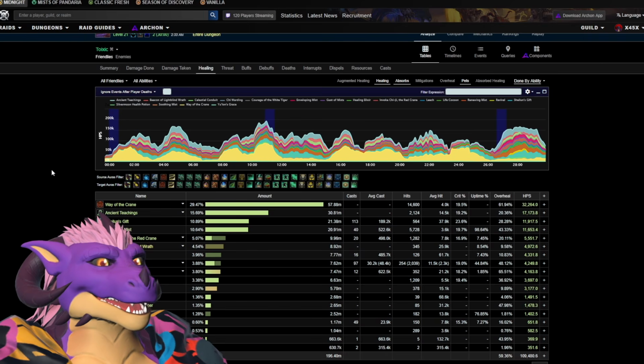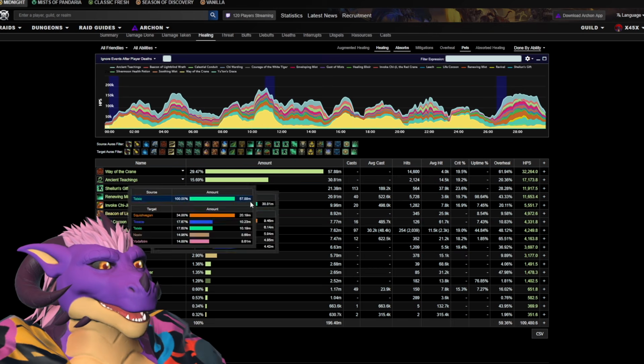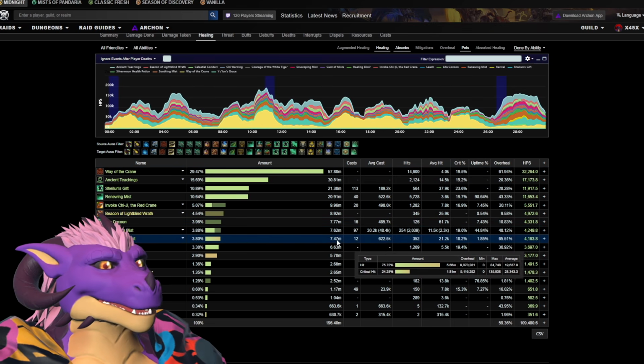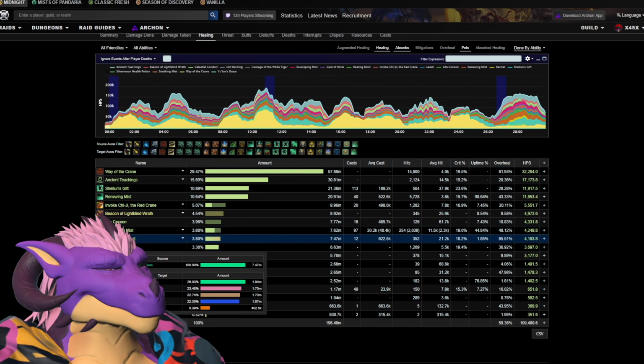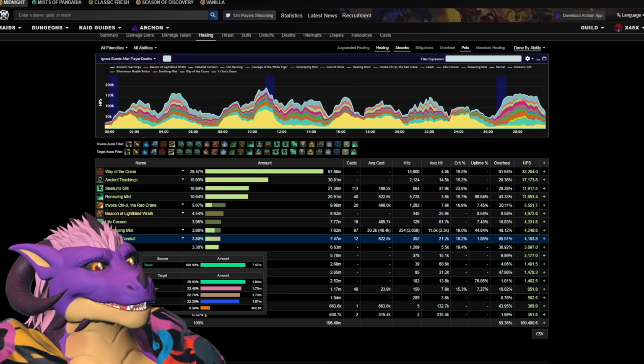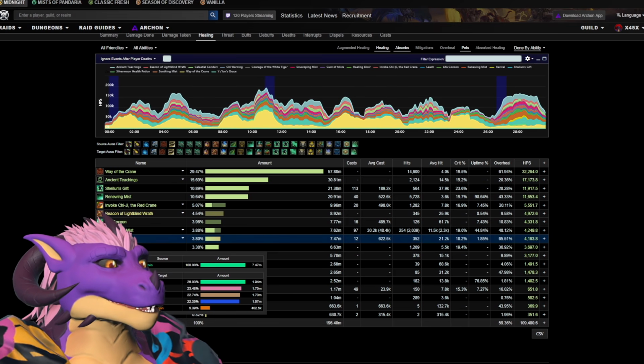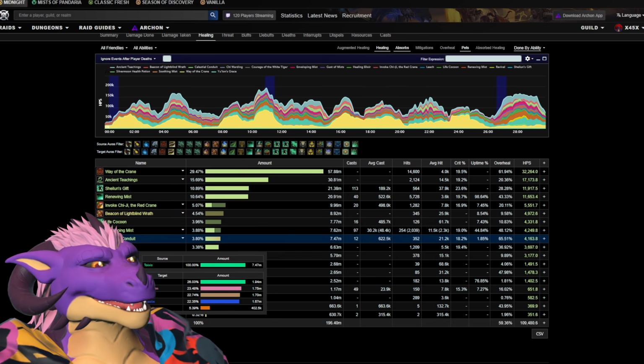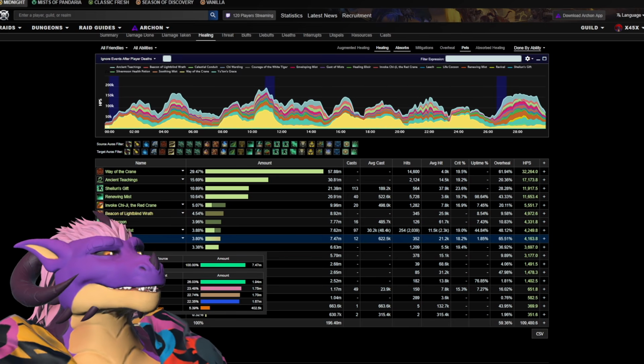But we can go over to healing and see a very similar amount of information. Again, we got 7.47 million out of that same Celestial Conduit. So while as a damaging move, it's doing good. As a healing move, it's doing great. And it's good to know that they fill both roles and that it's pretty useful. So a good place to put your Celestial Conduit and using it frequently seems to be a key to using that cooldown.